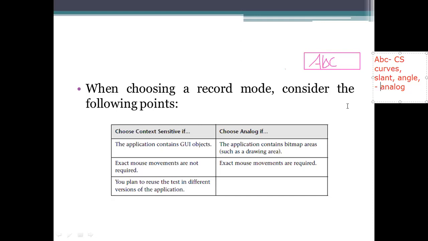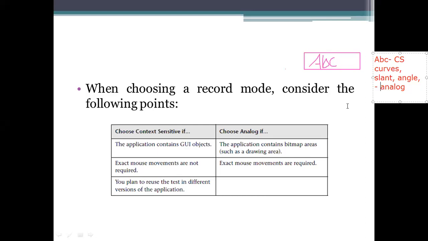Whereas context sensitive contains the GUI objects. GUI objects means graphical user interfaces, what we are using for that application, meaning the input we are giving. Input will be given in the text areas, by clicking on buttons or links, or through voice recognition, or any other representations.